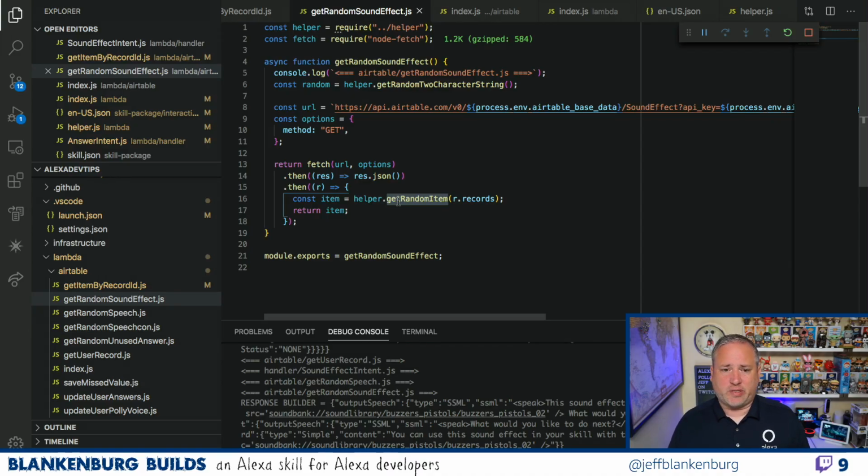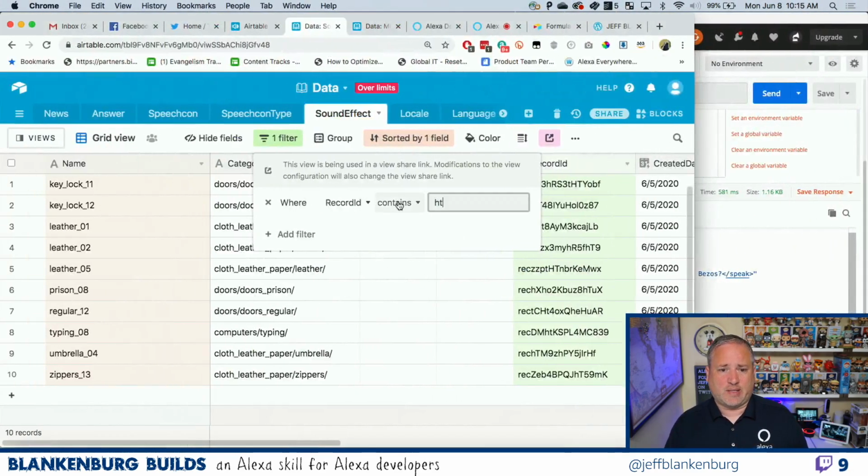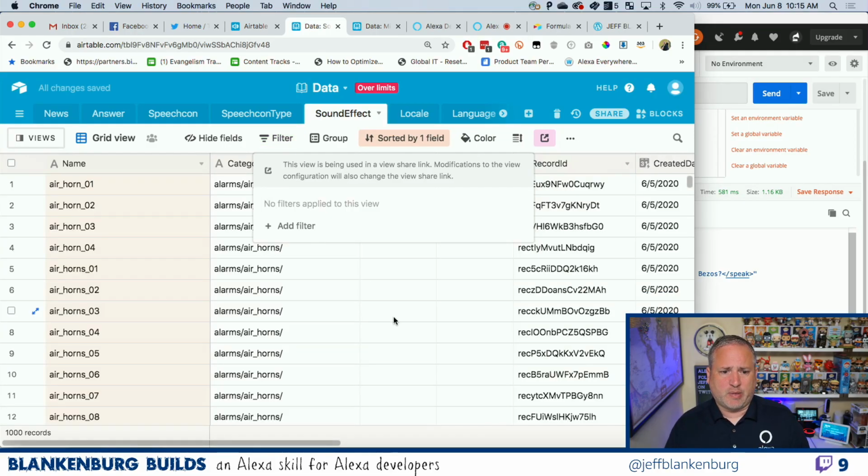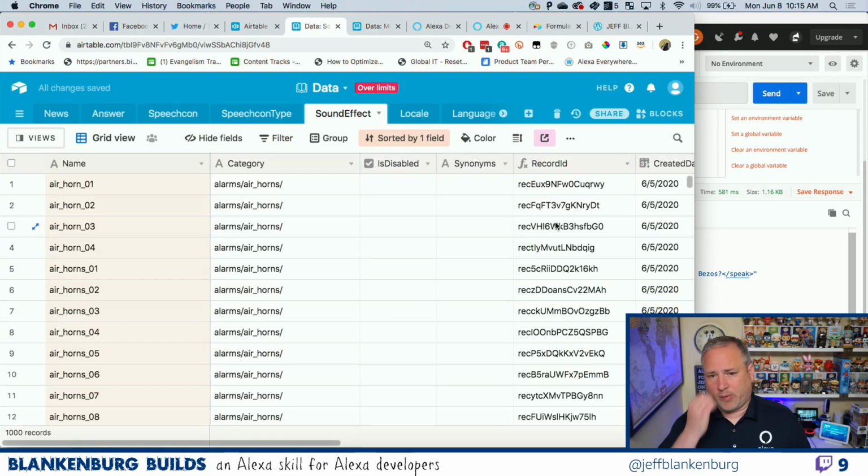I think it's kind of an interesting solution that it works out that way, that I can end up with 10 or 15 records just by sending in a pair of characters and matching it against a set of random strings. But it seems to work for what I'm trying to accomplish. So that's kind of how this is working today. So I'm going to get rid of this filter. I don't need this right now. But that is how I'm able to grab a record ID. And I think I will probably find myself doing that for more and more things.